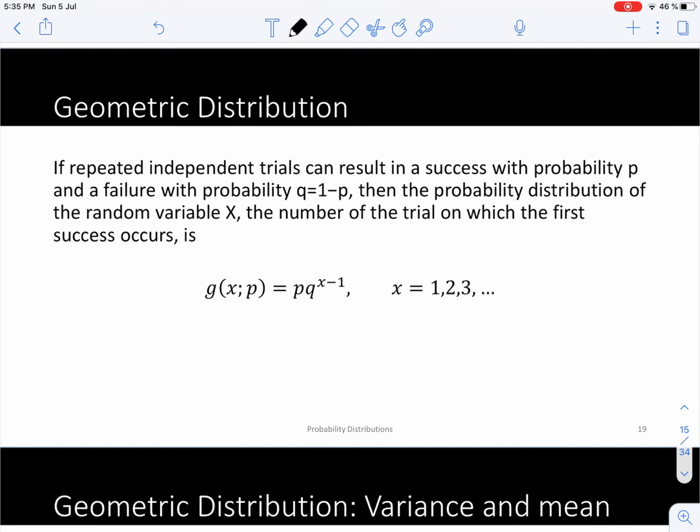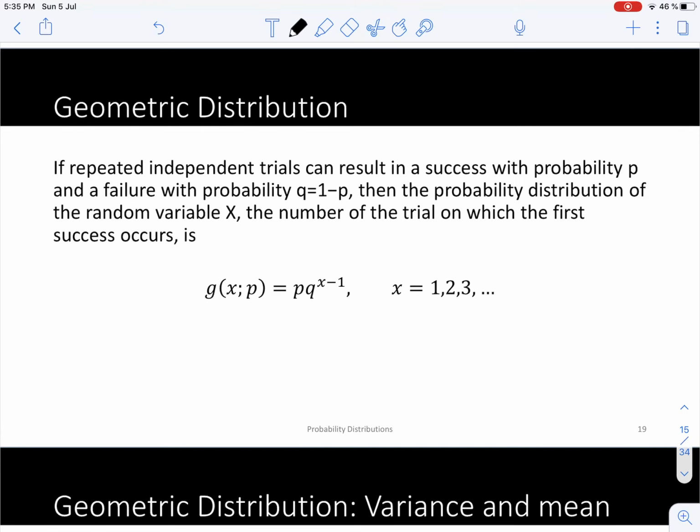Okay, this is the last video about discrete probability distributions. We will go over the last three probability distributions, the geometric, negative binomial, and Poisson. In the geometric case, it is way different than the binomial and the hypergeometric probability distributions, because in those two